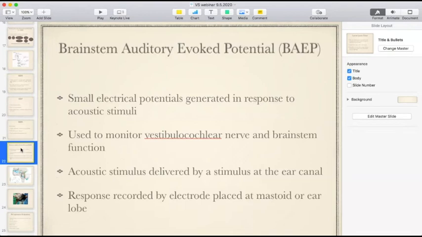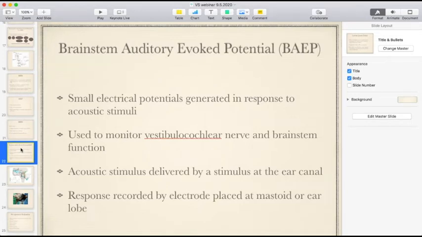Coming to brainstem auditory evoked potentials, these are small electrical potentials generated in response to acoustic stimuli, and they're used to monitor the cochlear nerve, basically, not the vestibular, the cochlear nerve and brainstem function. Acoustic stimulus is delivered at the ear canal, and the response is recorded by an electrode placed at the